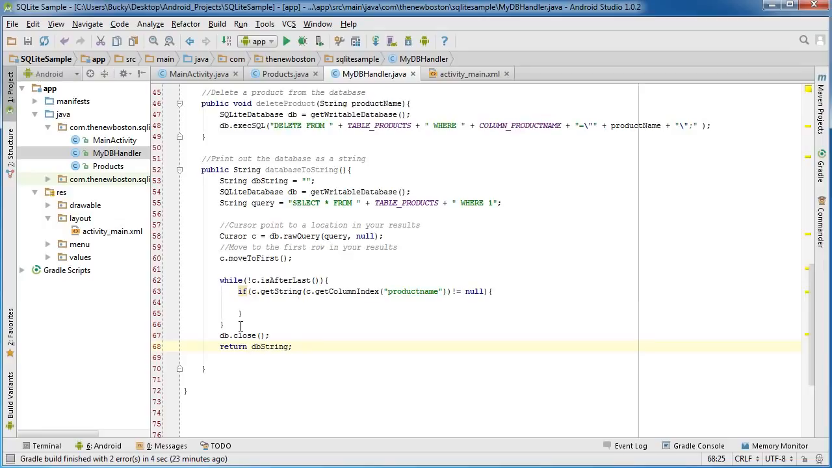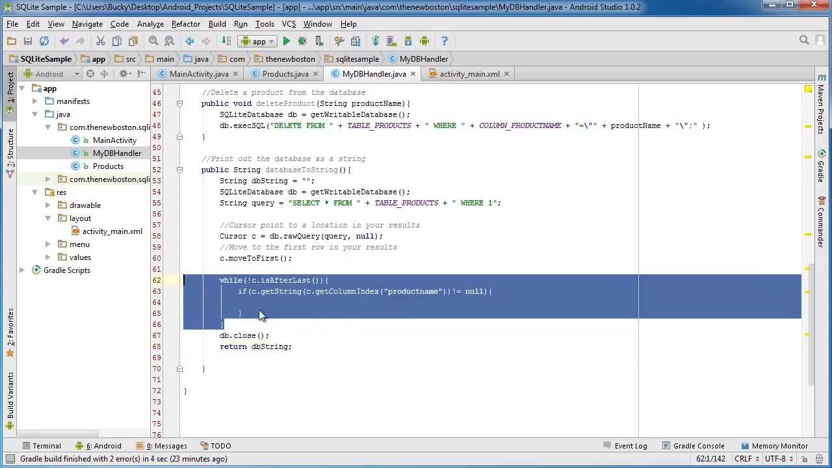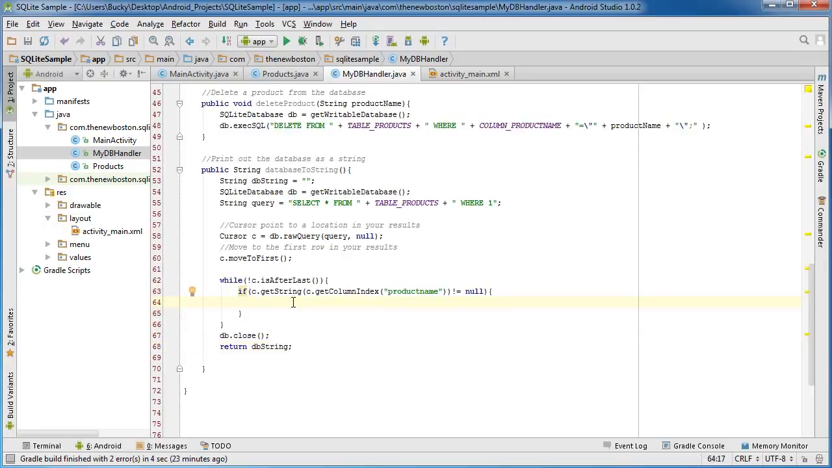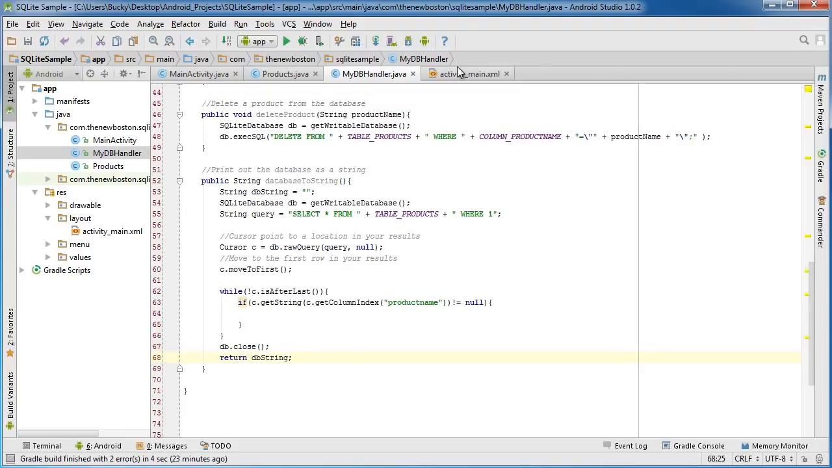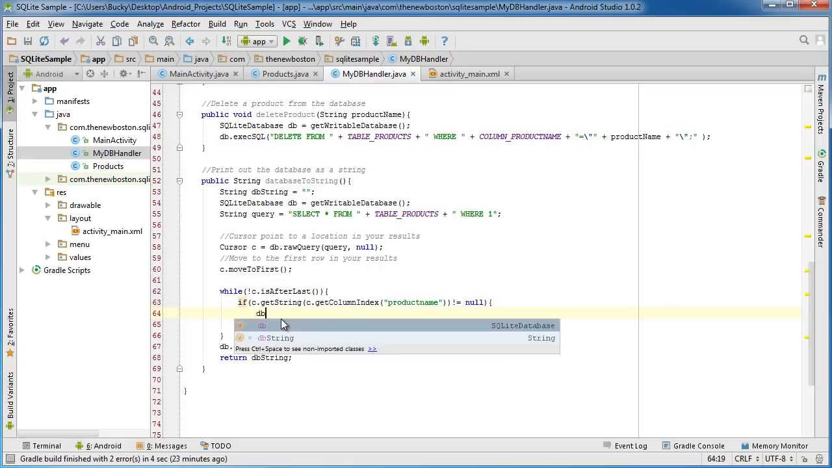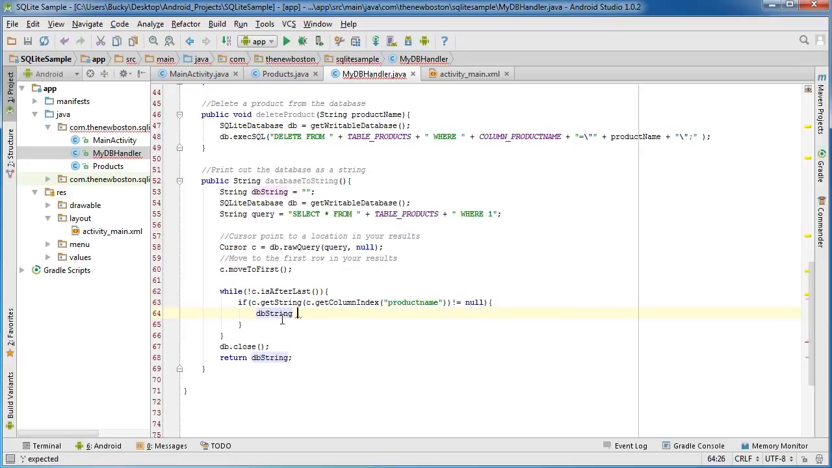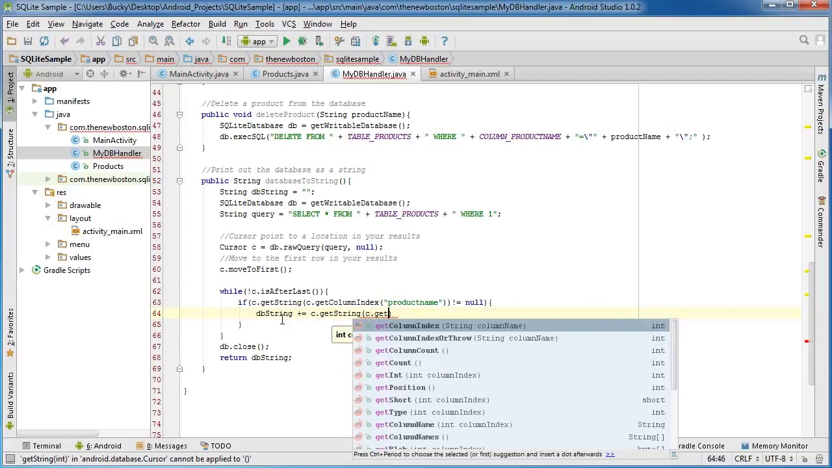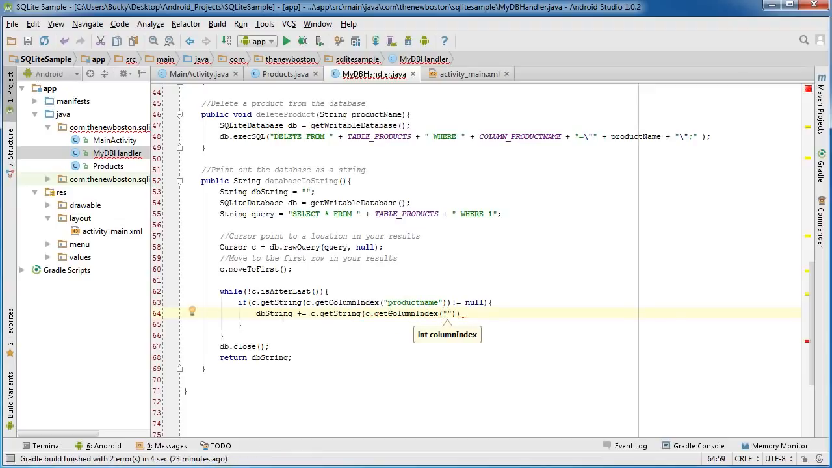So of course, this is essentially going to loop through each row in your database. So every time we loop through a row, we just want to tack on some information on the string that we're going to return, because the string that we return is going to be printed out right here. So again, I know this is a real quick one too, but this is kind of like extra bonus stuff for your tutorial. So in order to add stuff onto the string, plus equals c, the cursor getString, and this is c.getColumnIndex product name,